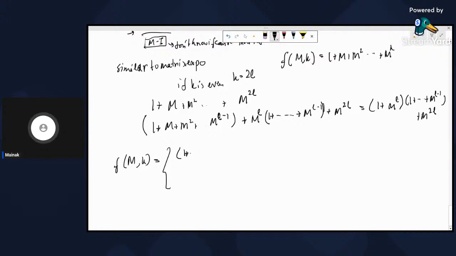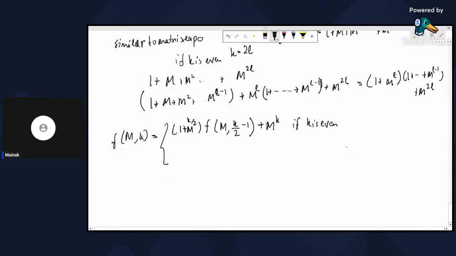So that is 1 plus m to the power L times f of m to the power k by 2, followed by m to the power k by 2 minus 1 plus m to the power k, if k is even, and if k is odd, then